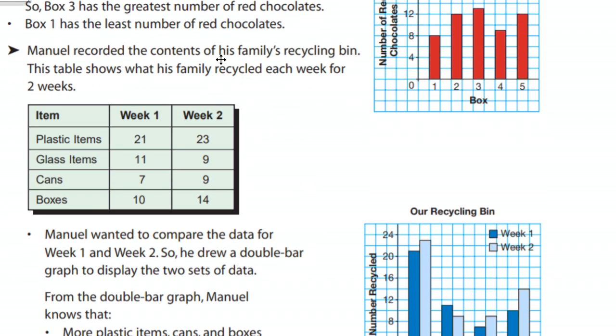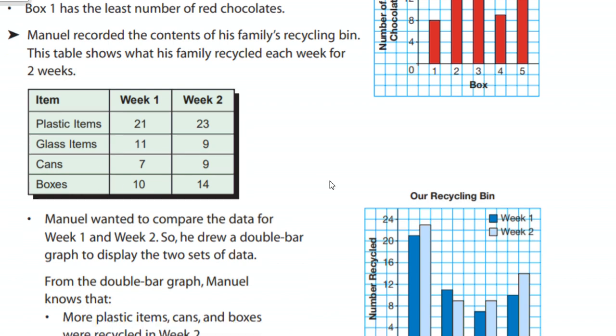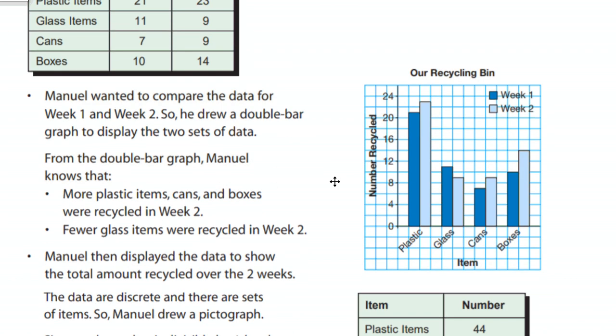Manuel recorded the contents of his family's recycling bin. This table shows what his family recycled each week for 2 weeks. So the plastic items, the glass items, cans, and boxes. He wanted to compare the data for week 1 and week 2, so he drew a double bar graph to display the 2 sets of data. From the double bar graph, Manuel knows more plastic items, cans, and boxes were recycled in week 2 and fewer glass items. So when we look at this graph,